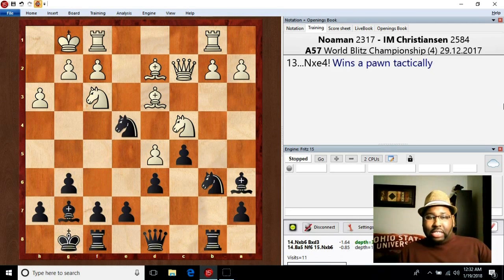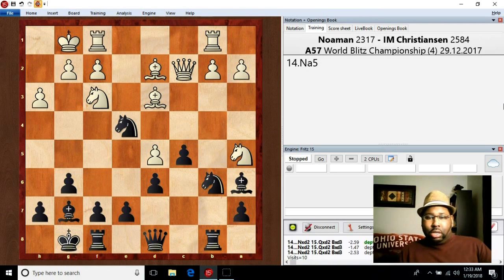Yes, knight takes e4. So black wins a pawn here because if the bishop captures the knight, then white's knight on c4 is going to be only defended once by the queen. So he's going to lose a pawn here. So white plays knight a5, bishop takes, queen takes,